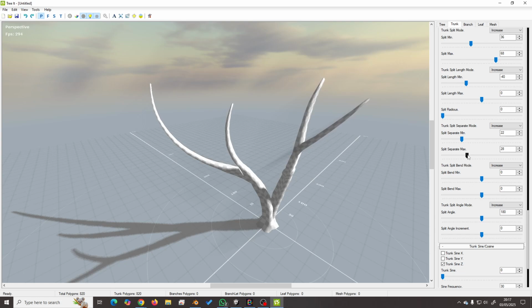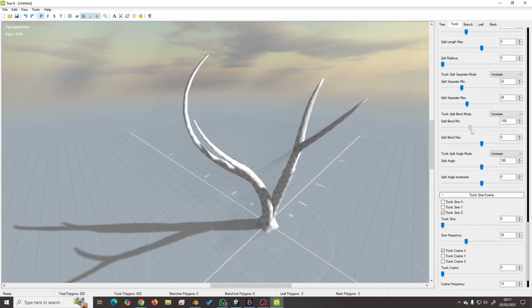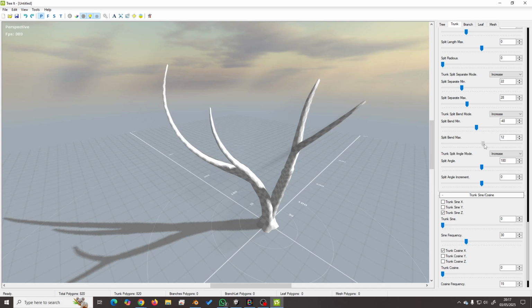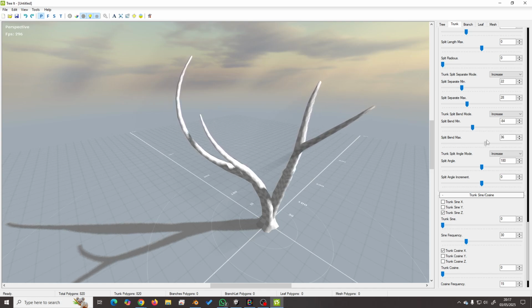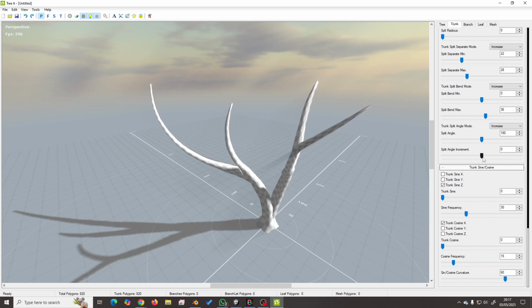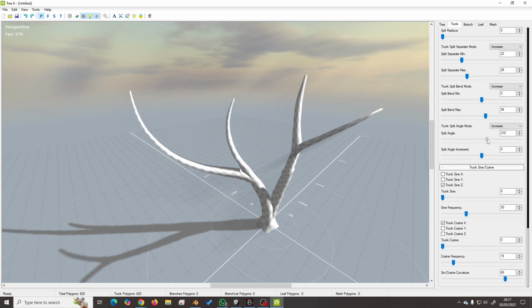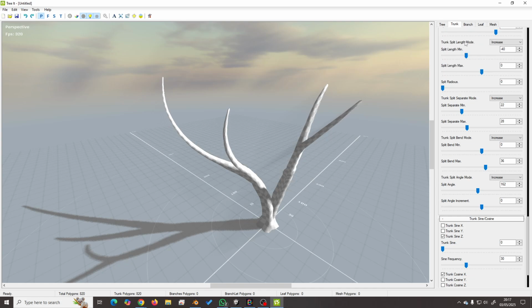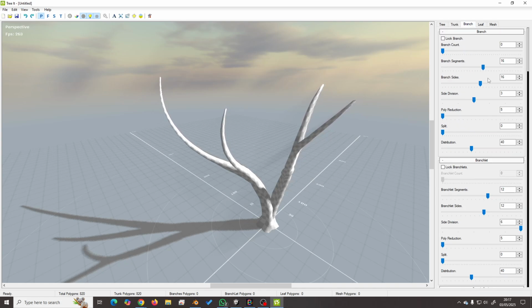Have them separated more or less. So yeah, just have a play around with it. Then, as I say, we'll add some branches,